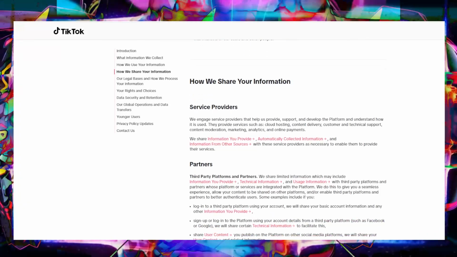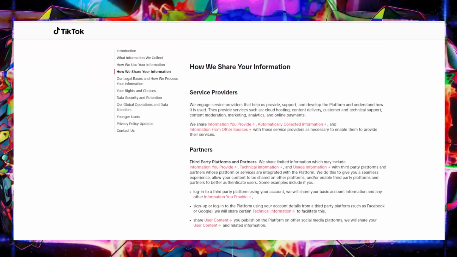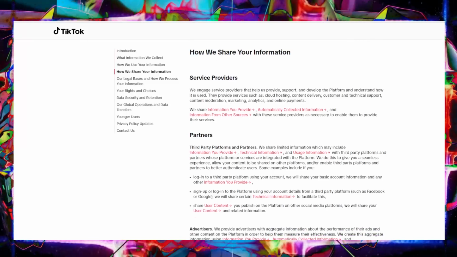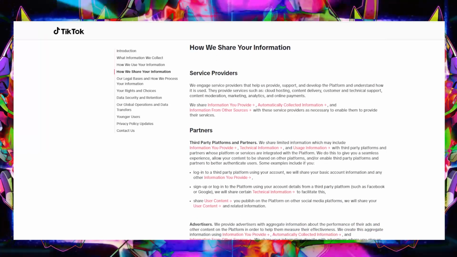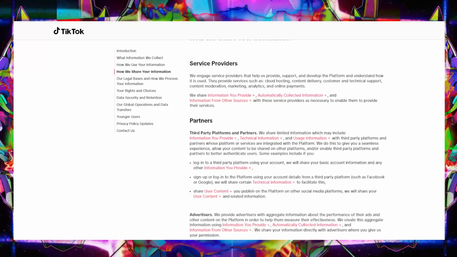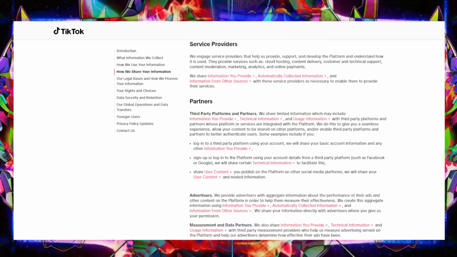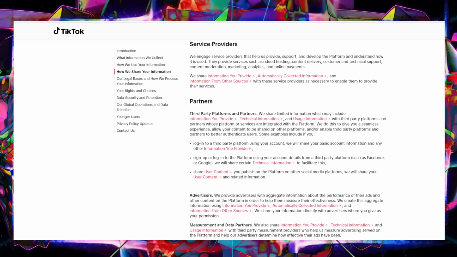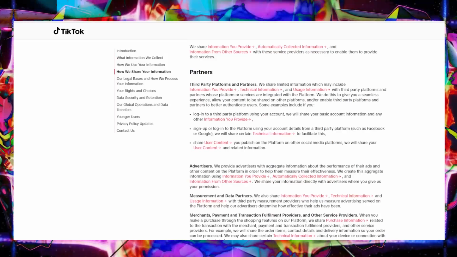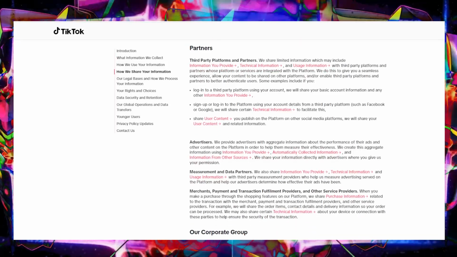Precisely. And what's really interesting is that the policy actually uses the word inferences. They're making educated guesses about you, who you are, what you like, even what you might be interested in, all based on the data they're collecting. Okay, so if I watch one video about, I don't know, baking sourdough bread, suddenly my whole TikTok is sourdough recipes. Exactly. And on the surface, that's pretty cool. You discover new creators, new ideas, maybe even a new hobby. But I'm guessing there's a downside to all this personalization.